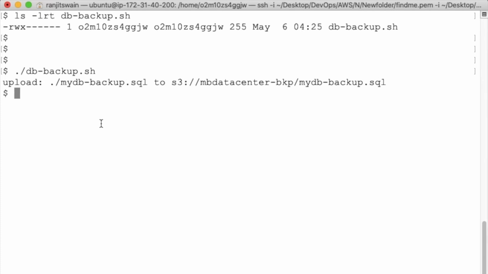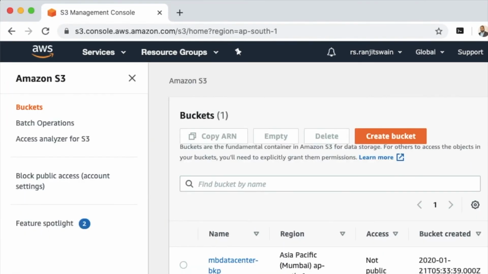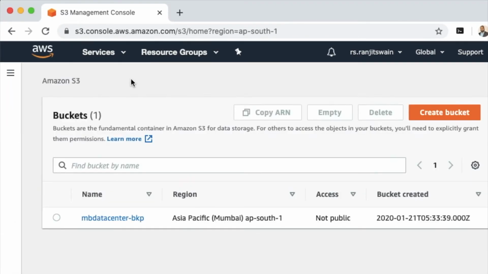Okay, the script is executed successfully and it has uploaded the file into the S3 bucket. So let's connect to the S3 bucket and see whether the file has successfully uploaded or not. I have logged into my S3 bucket console and here you can see the bucket name. Just click the bucket here,